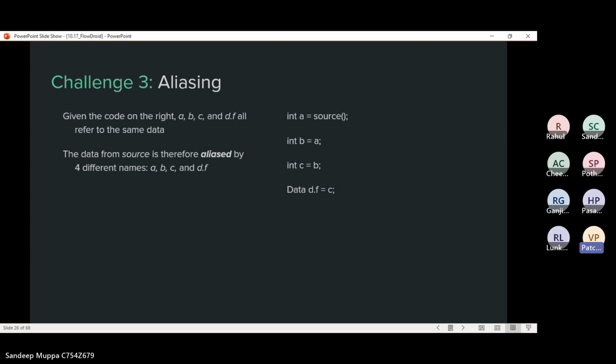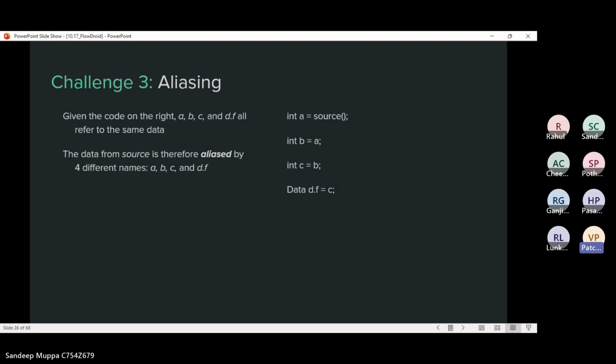Next, aliasing. Aliasing refers to the situation where two or more different names or references are used to access the same object. In other words, multiple variables or references point to the same underlying data. When aliasing occurs, changes made through one alias will affect the data accessed through the other aliases.